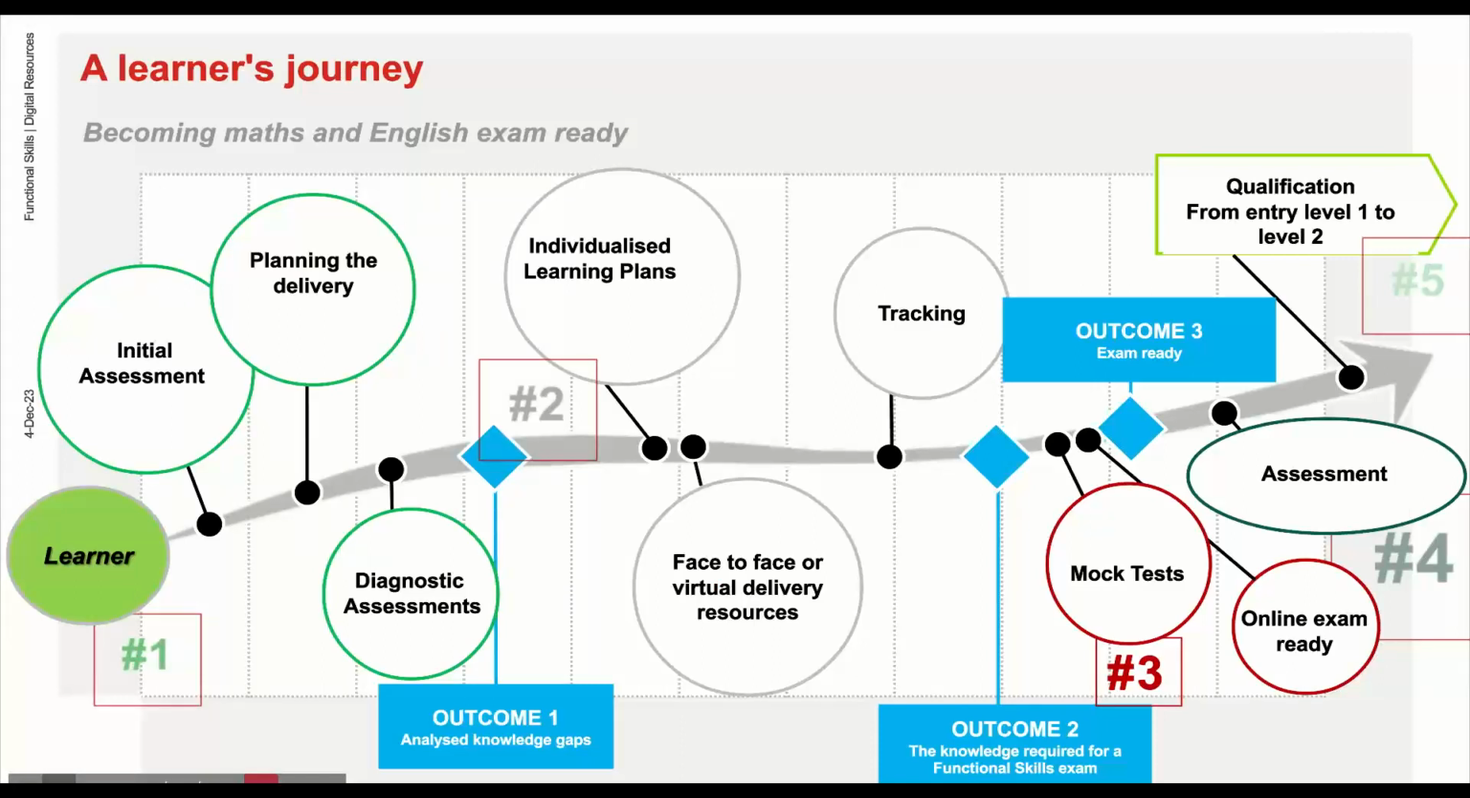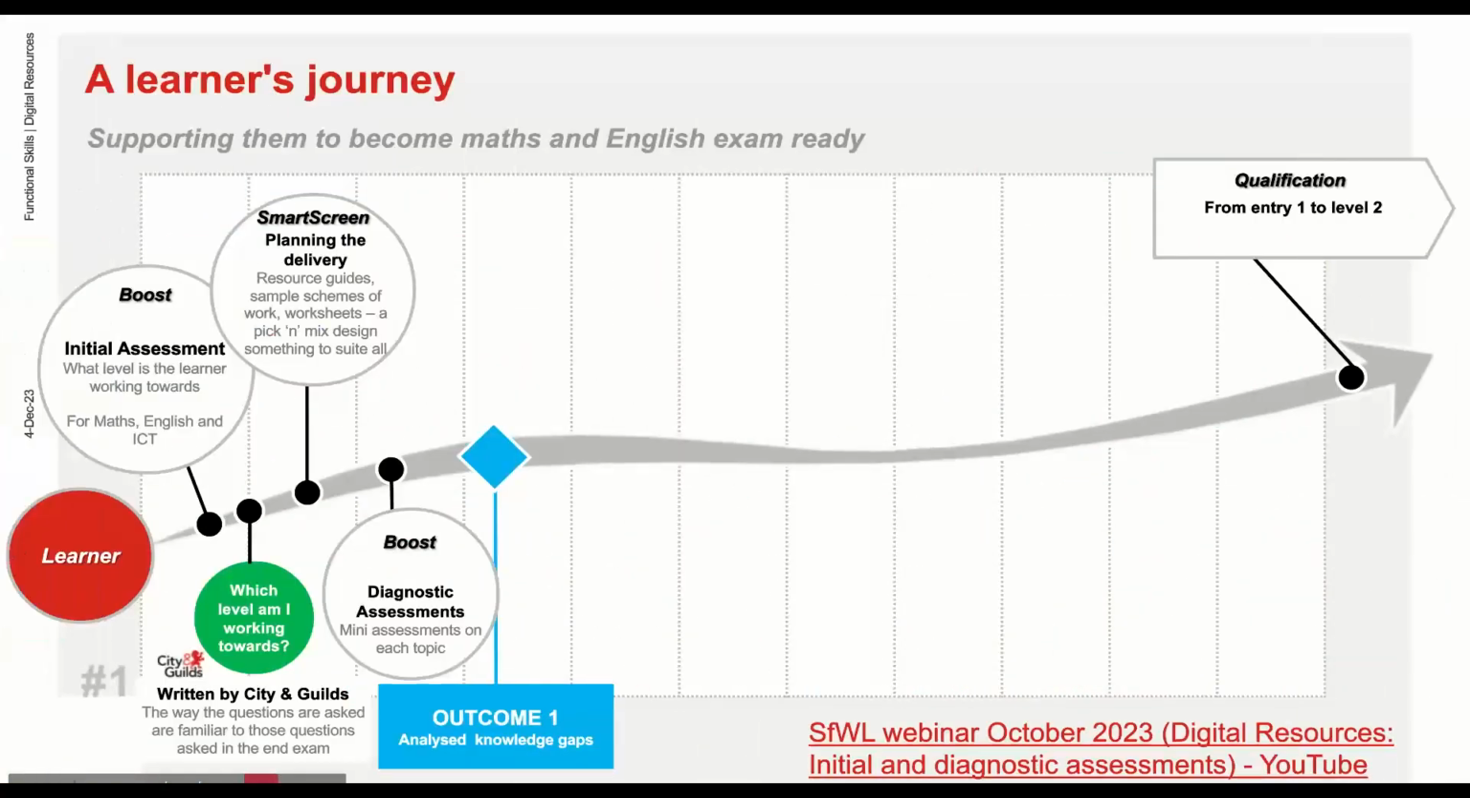So as we know, there are many stages a learner needs to take in order to achieve their functional skills qualification. And we have divided our learner's journey into 5 steps as highlighted on this slide. And we will go through all of them step by step in today's webinar, focusing on that middle part. So starting with our step 1, which is analysing the learner's level and knowledge gaps,